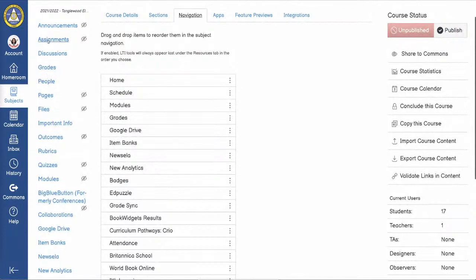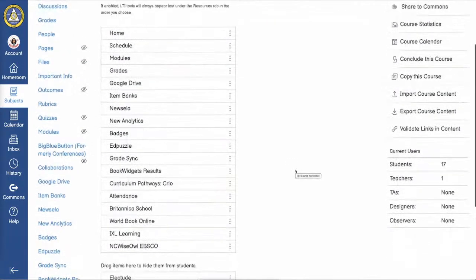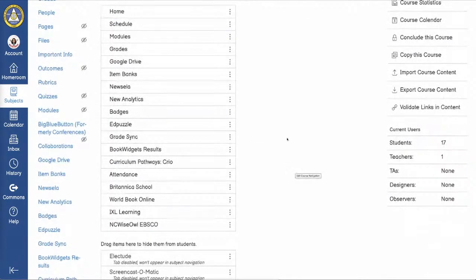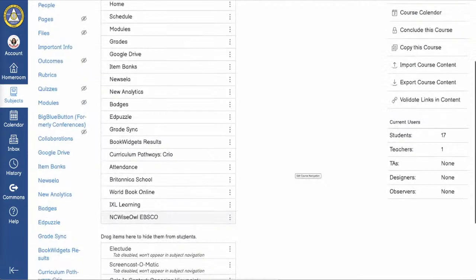If you see a little eyeball with a line drawn through it, that's a prohibited sign, which means your students cannot see it. And by the way, that big blue button for conferences is going to go away. So we will not have that pretty soon. We're having that pushed back because we are using Google Meet for all of our conferences. But you'll notice here for Ms. Cox, she actually has showing for our students to be able to see home schedule,